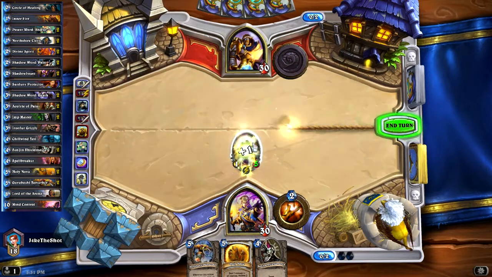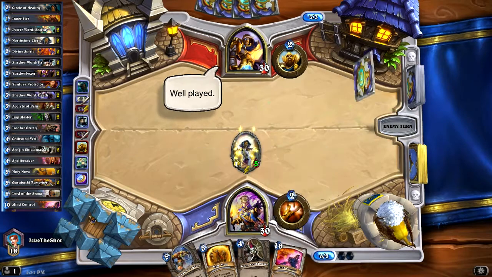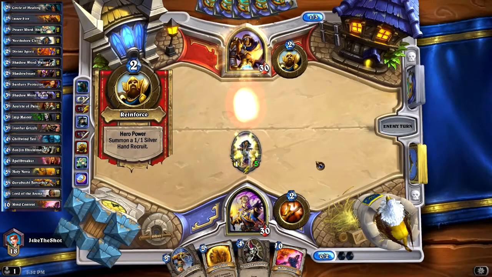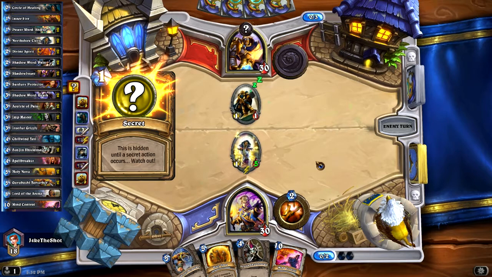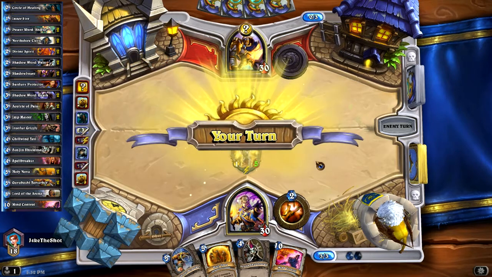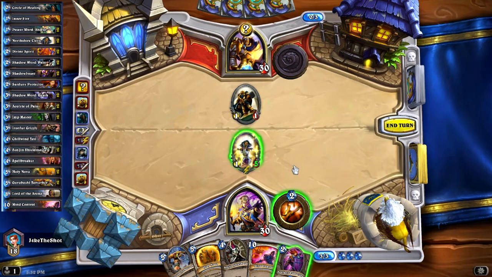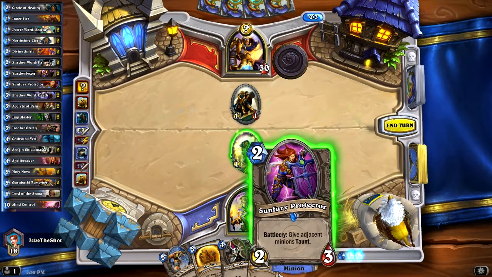It doesn't typically get used too terribly much, to be honest. The zero, what's it called? Circle of Healing. I run one of these. It's good in Priest decks where they have the card that turns health into damage, so they can do some crazy stuff like do 4 to everything. But in this deck, it's decent, but it's not typically what I play the most of. And I would put out Sunfury Protector, but